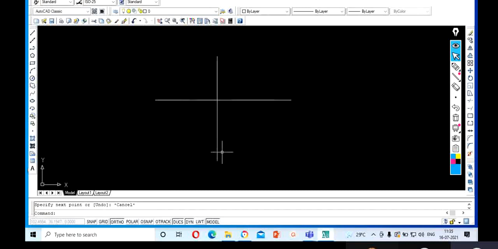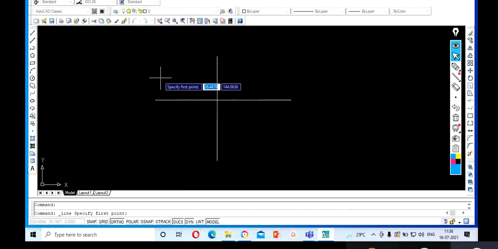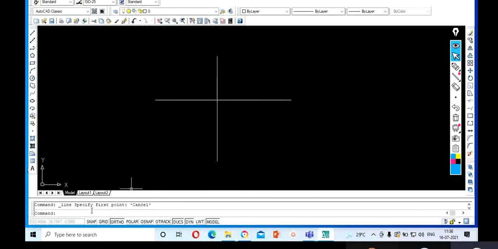Okay, so now we have to create the elevation part. For that, the dimensions are given. When you want a line from this horizontal line at a distance of 7 centimeter, if you have to draw a line which is 7 centimeter away, then we can go for the offset option. You can just type offset here, enter,